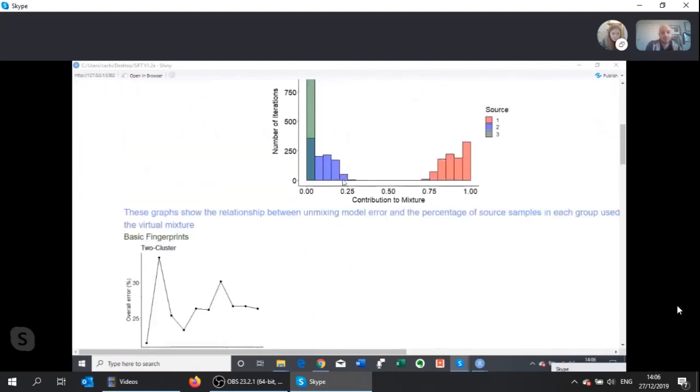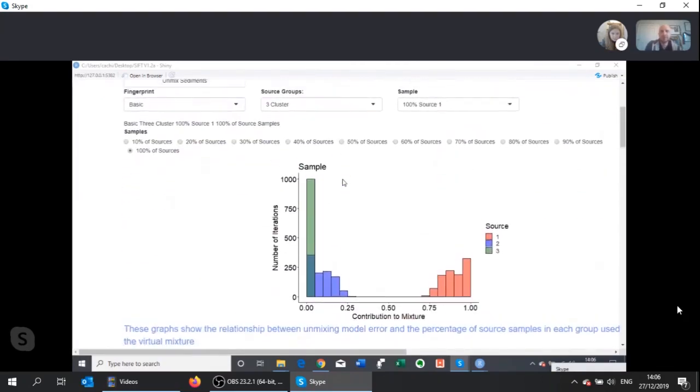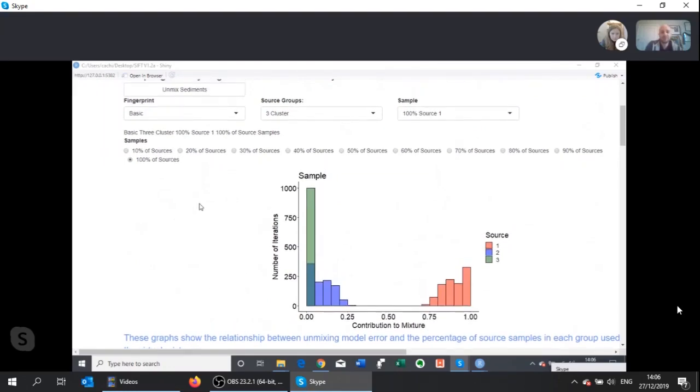If you go back to the top here, you can see what you can do. It's not the most useful interface in the world because there are so many models being run, but if you wanted to look at a particular one, here we've got the basic fingerprint, 3 cluster source grouping, and we're looking at a virtual mixture of 100% of source 1. All these radio buttons here are the results produced using different fractions of the source sample data set. At the moment, we're showing 100% of sources. So if you click down and try the 10% of sources one,